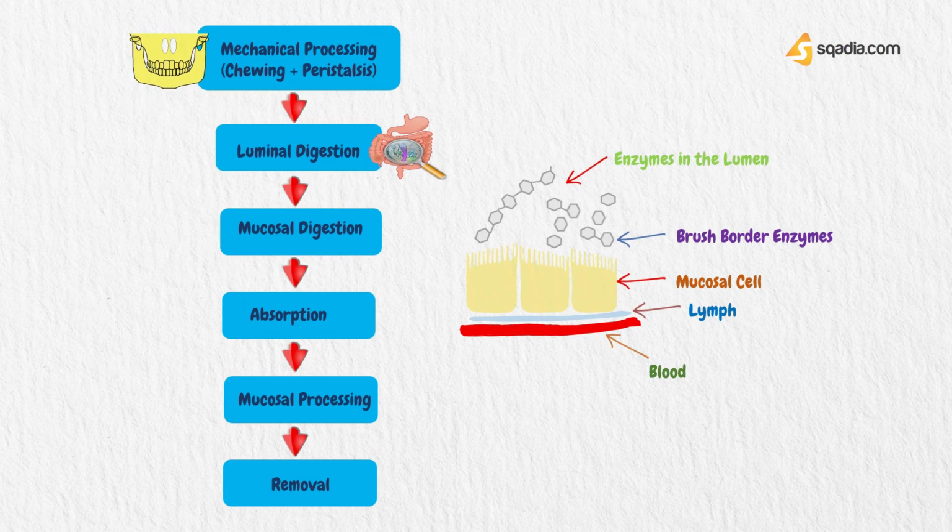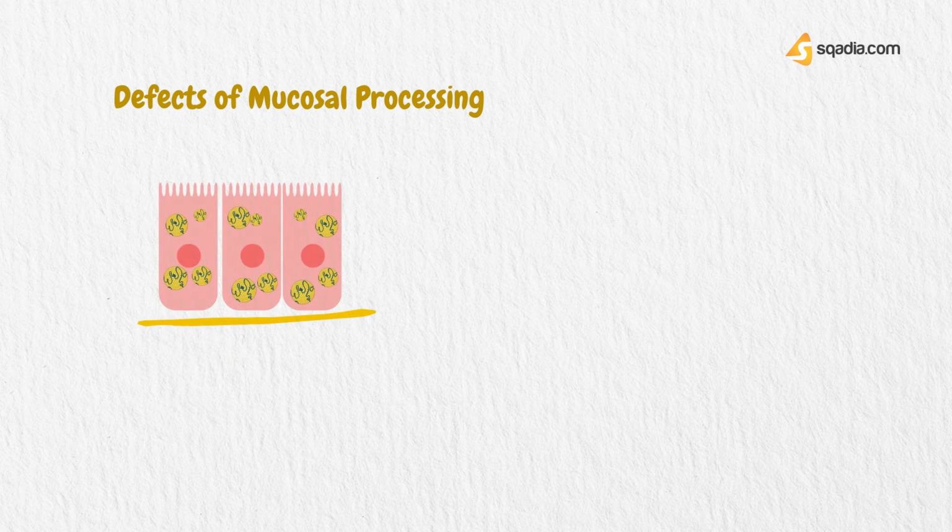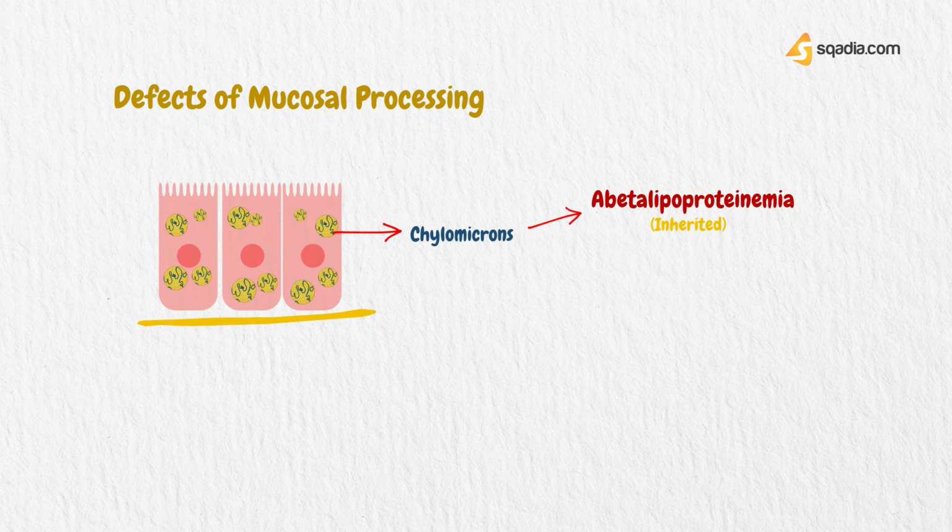After food is absorbed, it is processed within mucosal cells, so we are going to discuss abnormalities here. Now, the next step is processing within mucosal cells. The defect here mostly leads to fat malabsorption. You know that chylomicrons are structures which are produced in enterocytes for transportation of dietary triglycerides and cholesterol. The disturbance of this step happens in an inherited disease called abetalipoproteinemia, which is characterized by fat malabsorption, spinocerebellar